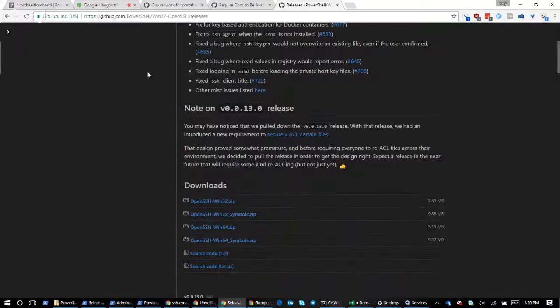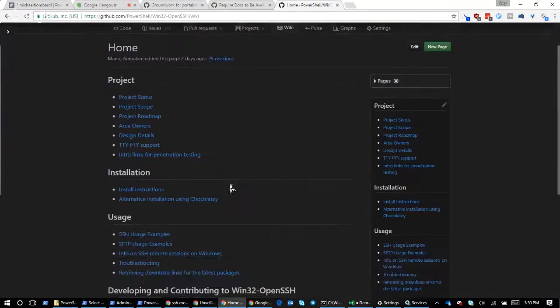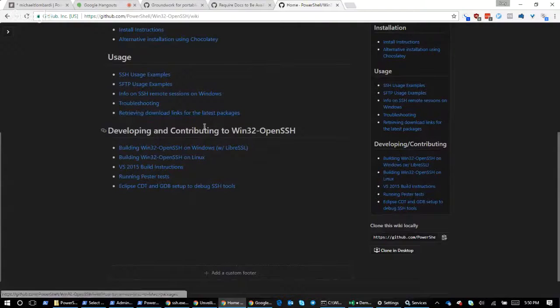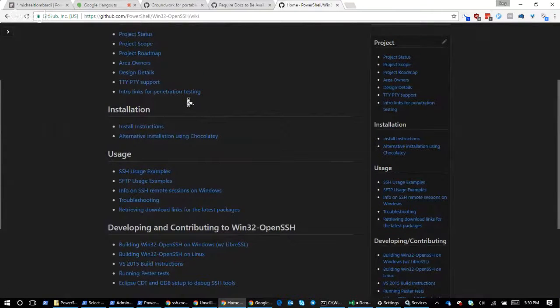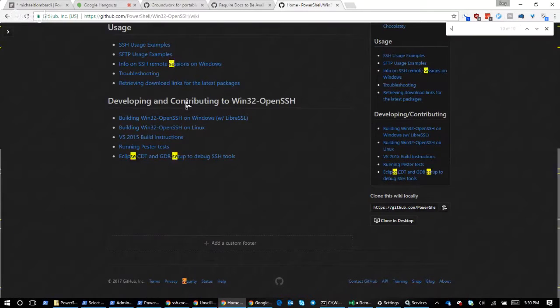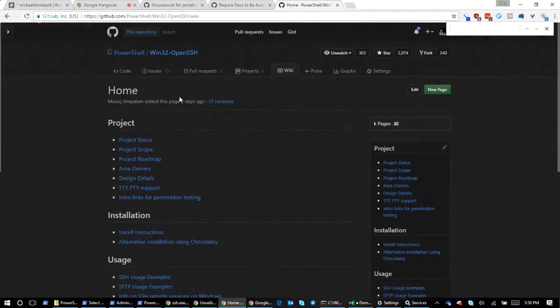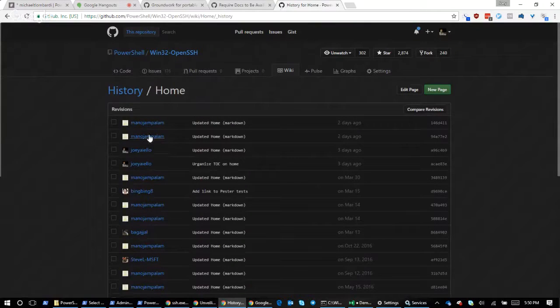In our wiki on Win32 OpenSSH, we have a document here called, where'd it go? I know it's here. Who deleted it?